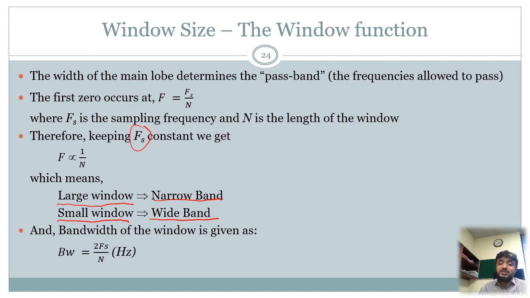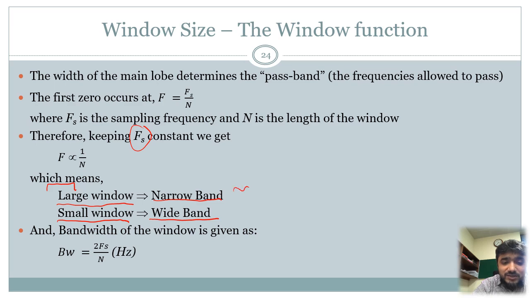यानी जितनी विंडो लार्ज करते चले जाएंगे उतना आपका फ्रीक्वेंसी डोमेन में ये जो सेंट्रल लोब है ना ये पतले से पतला होता चला जाएगा. अब इसकी रिपरकशन क्या है वो अभी देखते हैं. और जितनी आपकी विंडो स्मॉल होती चली जाएगी, आपका जो सेंट्रल लोब है वो बड़े से बड़ा होता चला जाएगा फ्रीक्वेंसी डोमेन के अंदर, ठीक है।